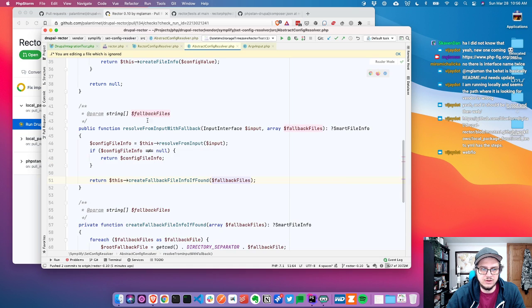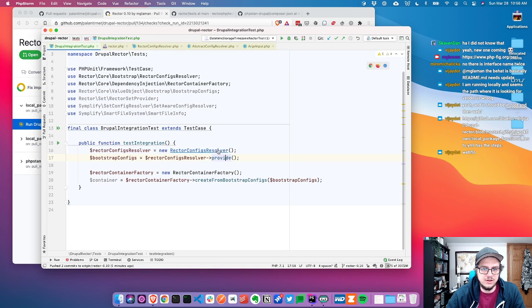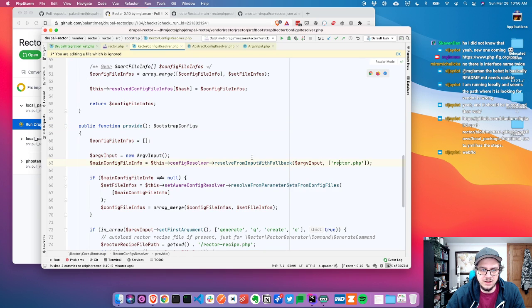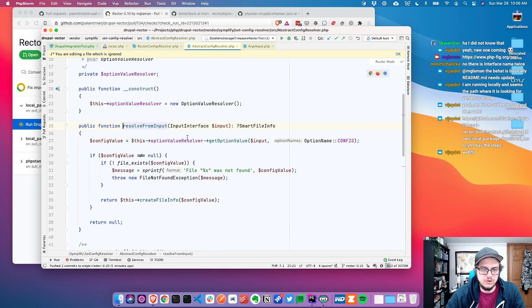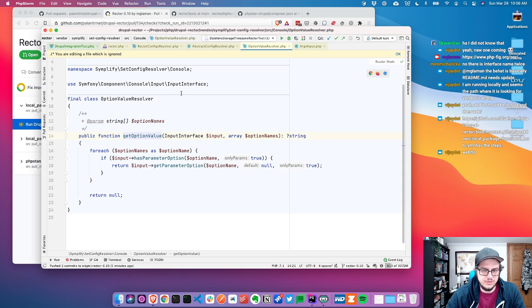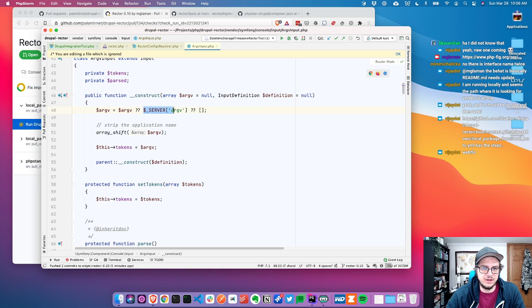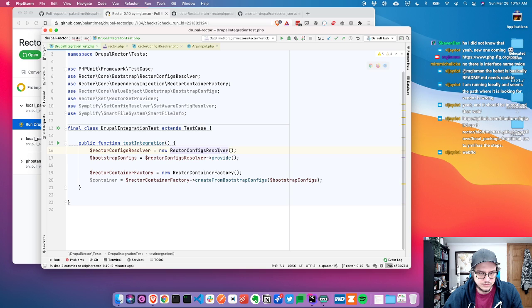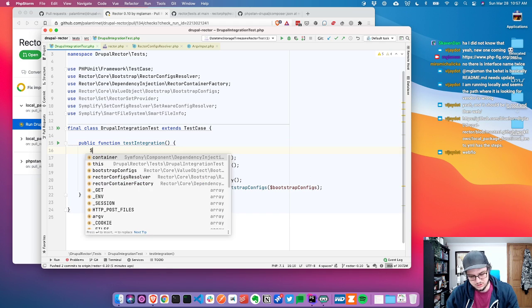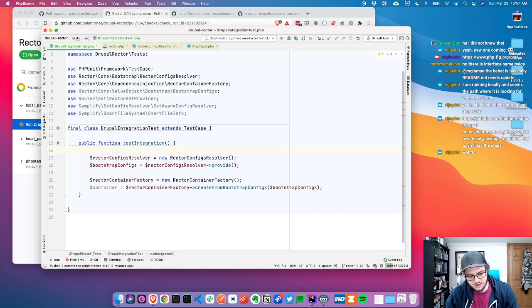array fallback files. We have no way of easily providing the custom fallback files, so we need to inject into the, where's the file at? Sorry. Oh, argv input. So we need to specify the value in argv, which I don't necessarily like polluting globals in a test. So let's see. What we could do is have a